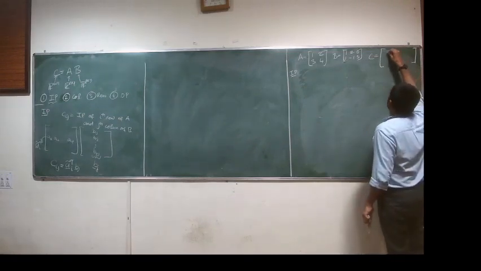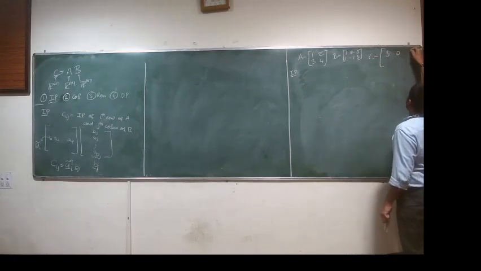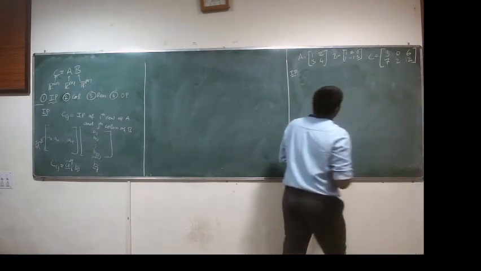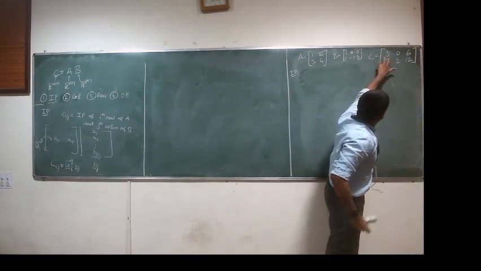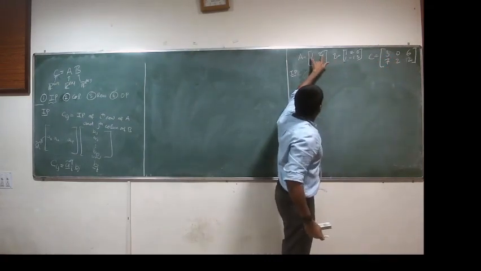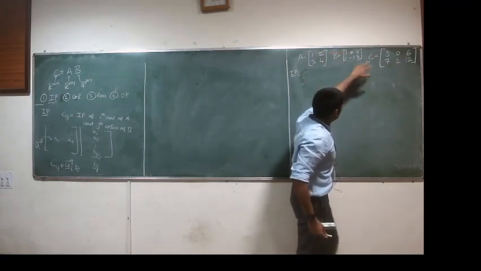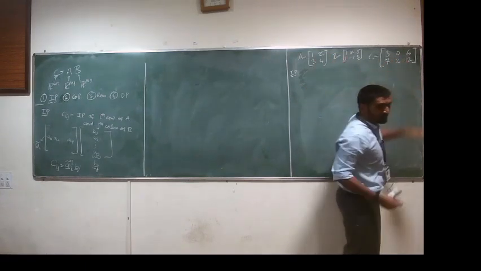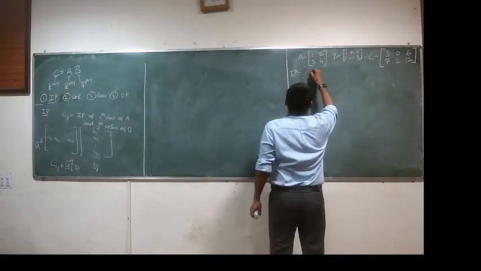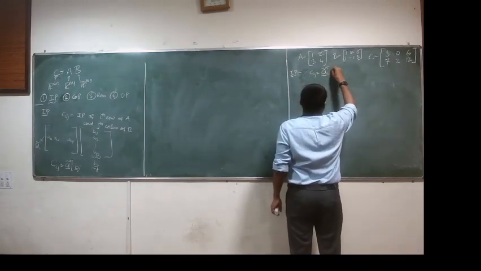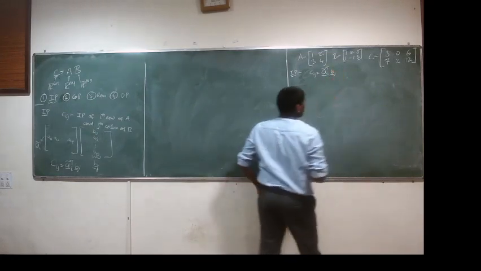What is it? 3. 12, is it? Yeah. How do you obtain this element C11? You take the first row, first column. If you take the inner product, you get 3. That's how you compute it. Similarly for all of them. So what you have is